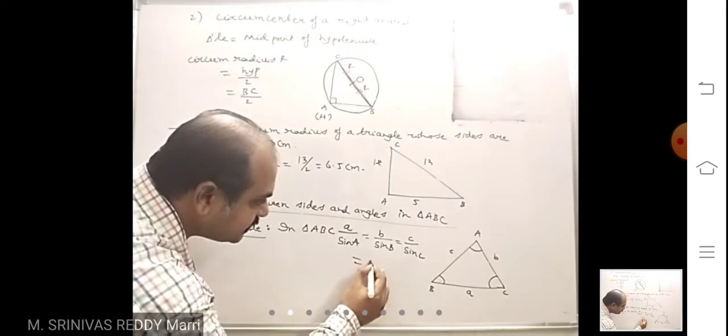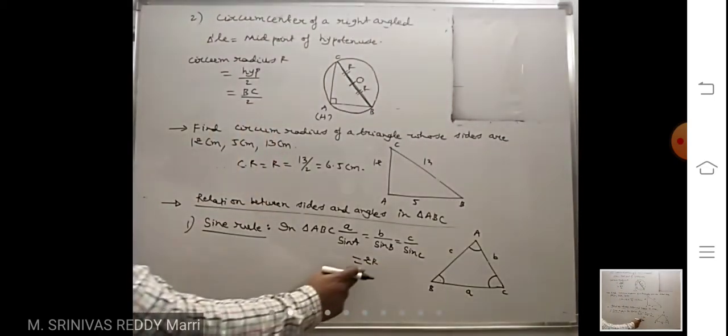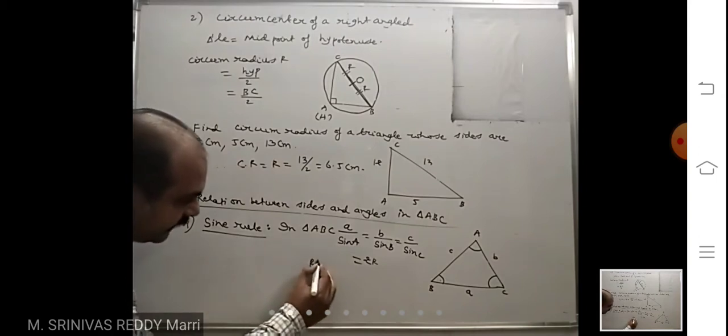These three ratios are equal to 2R. R is the circumradius